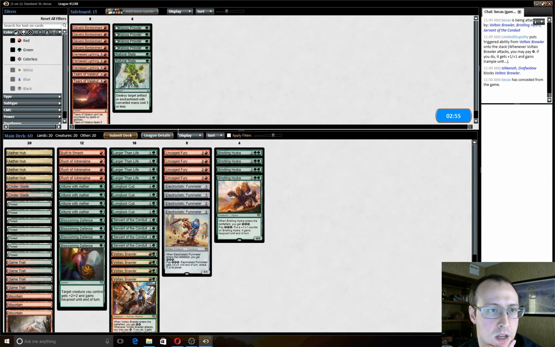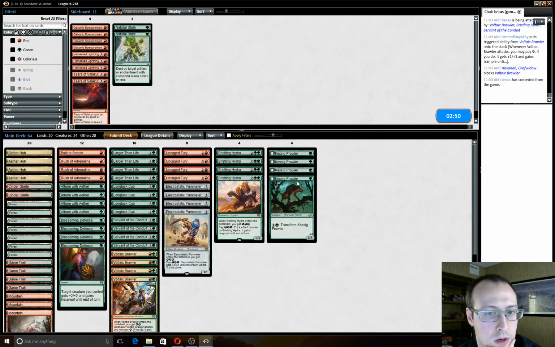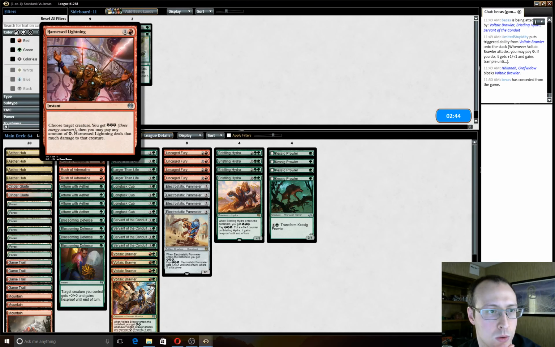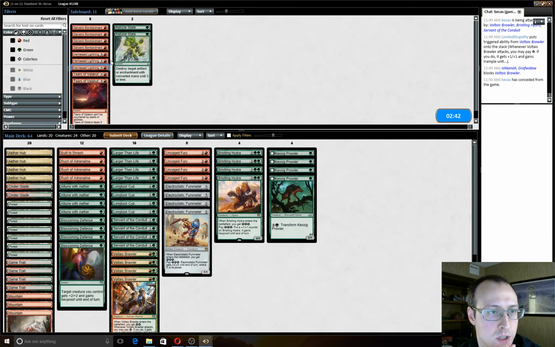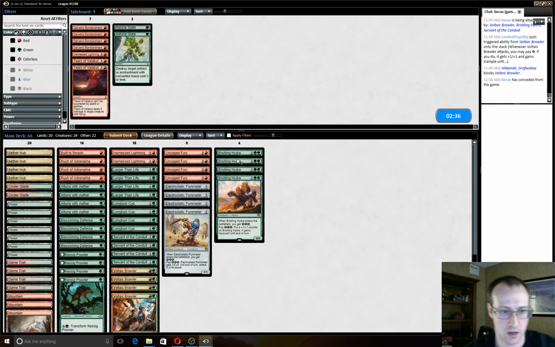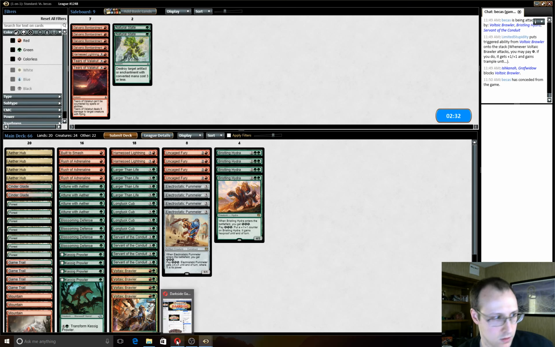So versus this deck, I just want to get under them, really. Want Kessig Prowlers. Don't think Harness Lightning is... I mean, potentially I could run like 2 of them. That would be the most. They have fairly limited interaction. Let me see if I can...